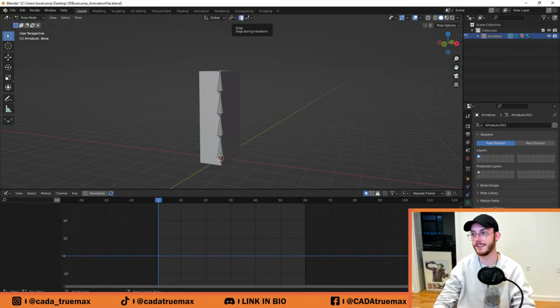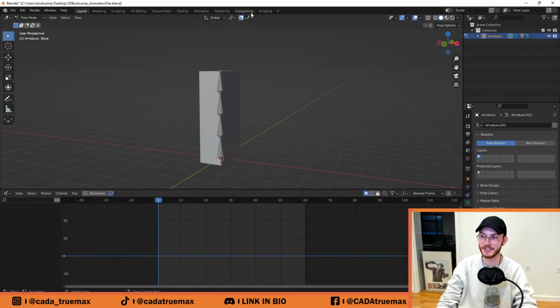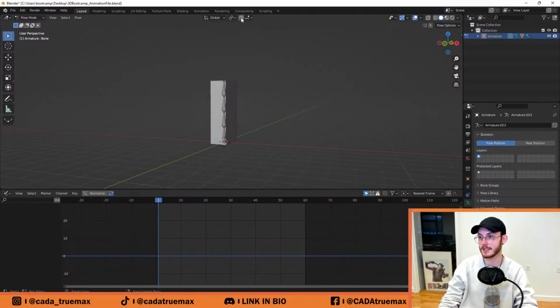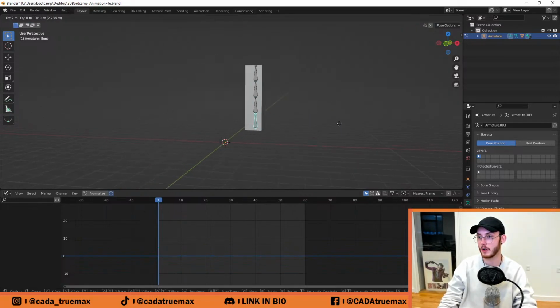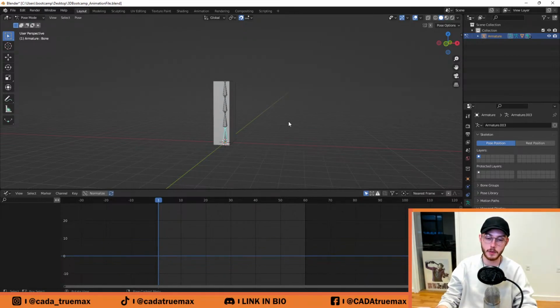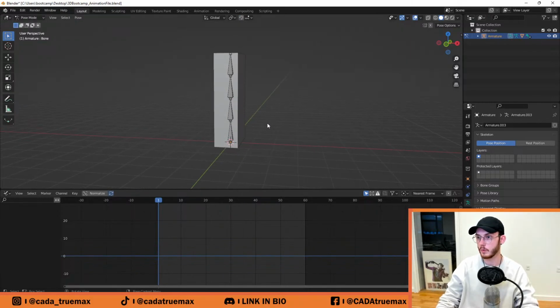It's pretty annoying, so we don't want to use that. If it's lighting blue, turn it off. We don't want it. What it does is basically it just steps whatever you do, and this removes a lot of control for your animation and becomes really annoying to work with. It can be pretty good if you want specific increments of something, but that is not the case today. So we turn that off, the small little magnet, and then we want to